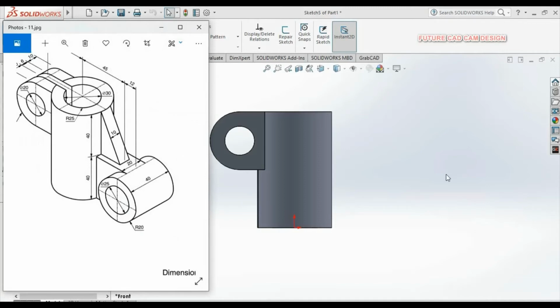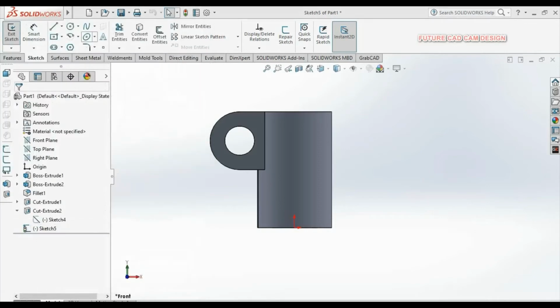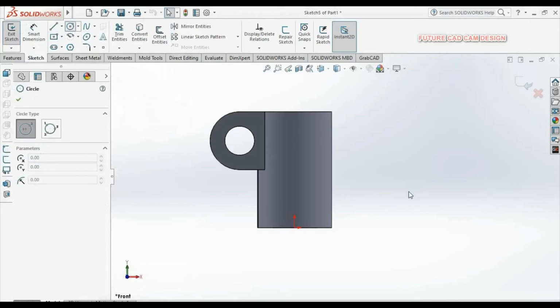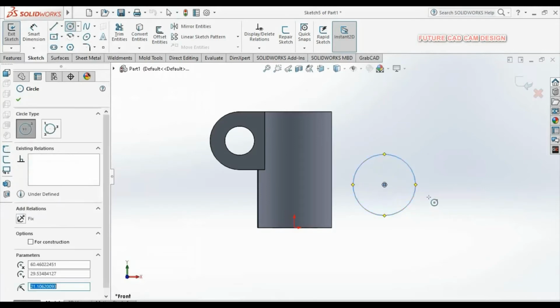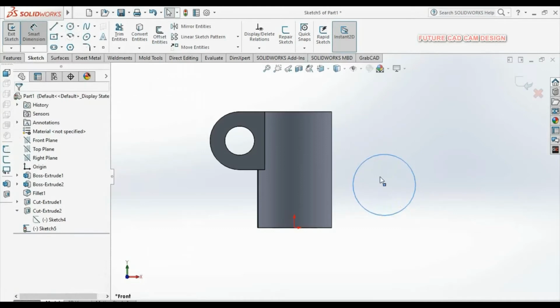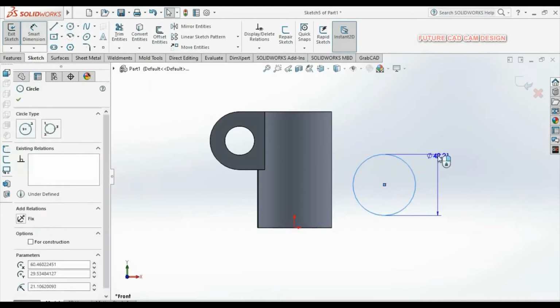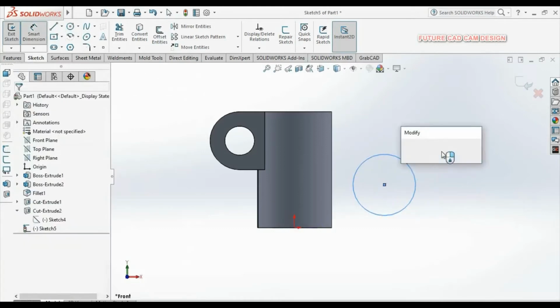So again draw a circle. Give the dimension for the circle. The diameter of the outer circle is 40.